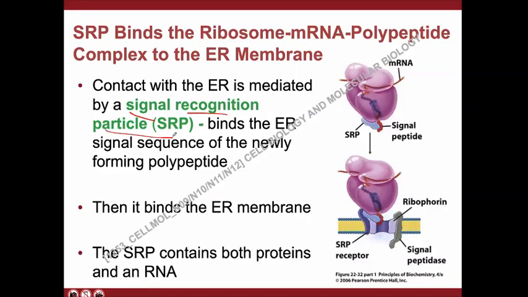And this one, the SRP, recognizes and binds to the endoplasmic reticulum signal sequence of your newly forming polypeptide and then binds to the ER membrane. So you will see that the signal recognition particle is separate, no? It is a separate entity from the signal peptide that we have mentioned earlier, but rather it makes a complex with it later on, and binds together with your ER membrane to allow for the process to occur. Okay,